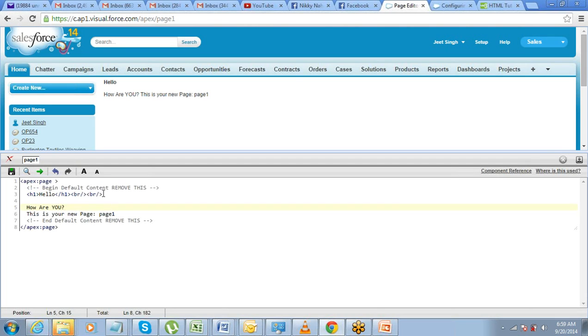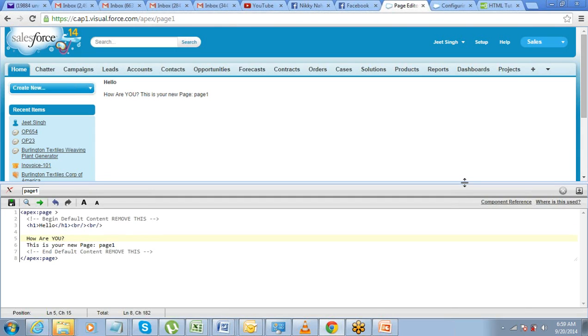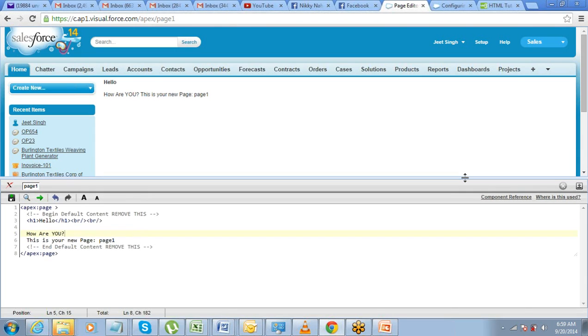Got this? Simple. So this is how it all works. Okay, so the page got created. This is my new page. This is how the page looks. This is the code.